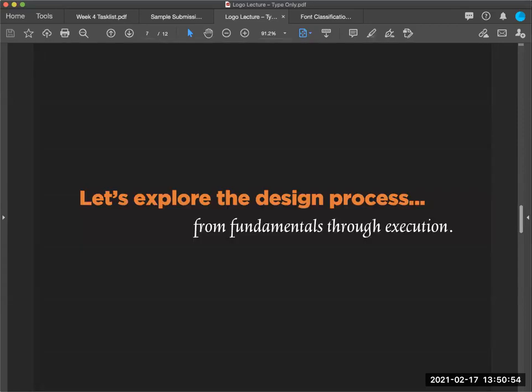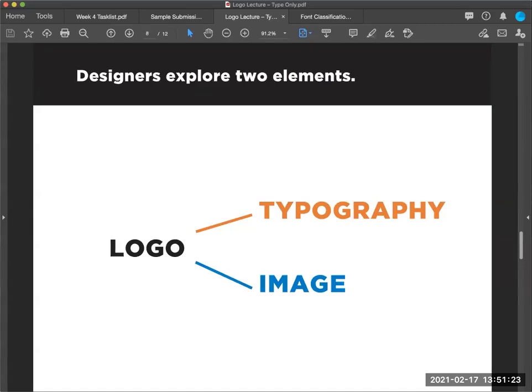So I'm going to give you a couple examples of different typefaces and different kinds of logos just to get your feet wet. When you take your graphic design classes with Stephen and other instructors on your campus, you'll also be introduced to other approaches for logo design. In our class, we're going to focus specifically on typographic marks, but I just want to give you a bit more foundation on the logos themselves.